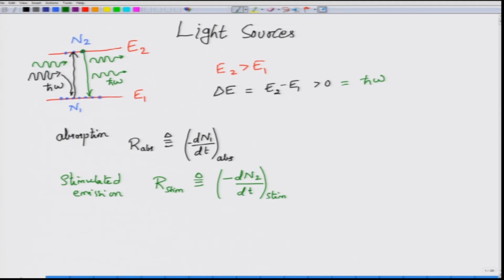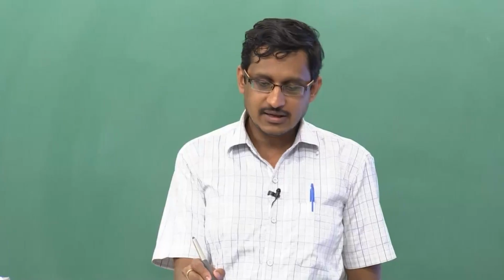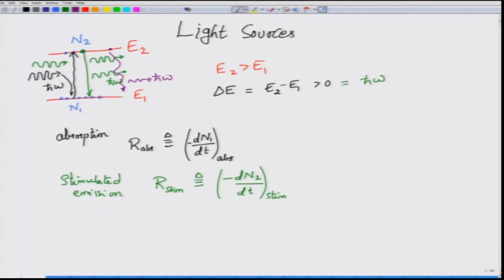Okay. Finally, you have another phenomenon which is called as spontaneous emission. Okay. With spontaneous emission, what happens is that an atom in N2 can spontaneously go to the level 1. It will also release a photon, because any time when an atom moves from higher energy to the lower energy, it has to do so by emitting the photon in this case. Okay. It does release a photon which will have the same energy h bar omega, but only thing is that this process of going from E2 to E1 without any external input, without any photon stimulating this process,